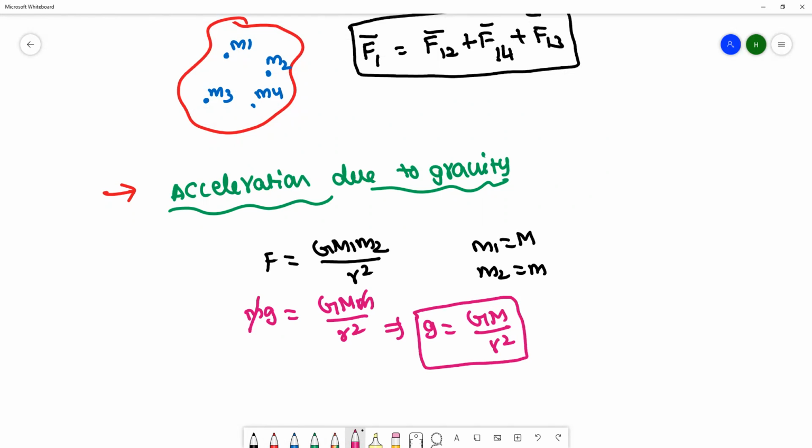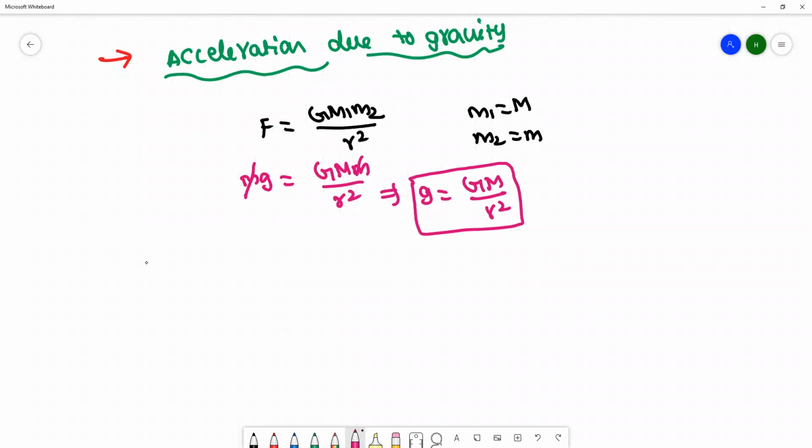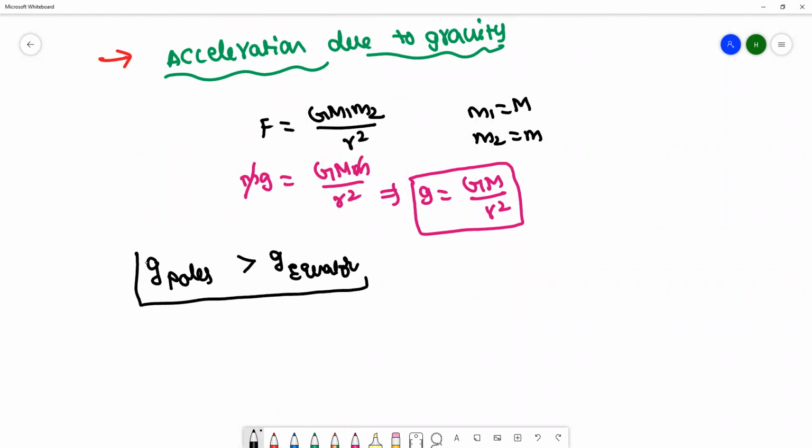So here g value varies depending on the situation. Generally, the g value at the poles will be greater than the g value at the equator. That is the reason if we take any body from the equator to the poles, the weight of the body will increase because g value will be greater at the poles. On average, in most cases we will consider the g value as 9.8 meter per second